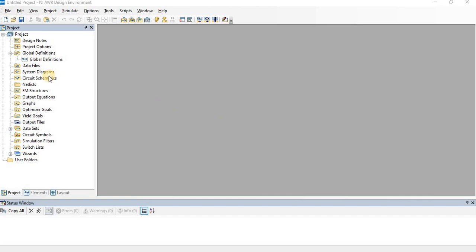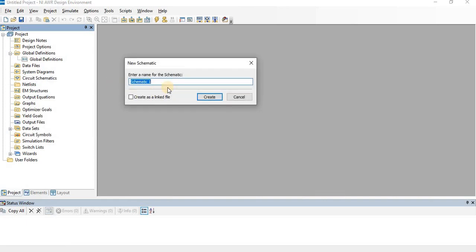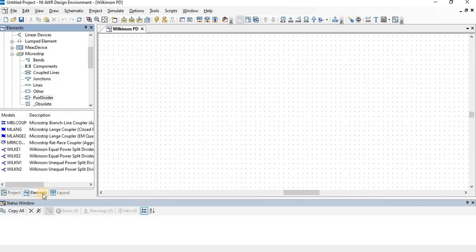So in today's video we will be designing one Wilkinson power divider, which is quite easy to design in AWR software. So go to circuit schematic, then new circuit schematic. I'll name it as Wilkinson power divider. So create this one, then go to elements or press Control L